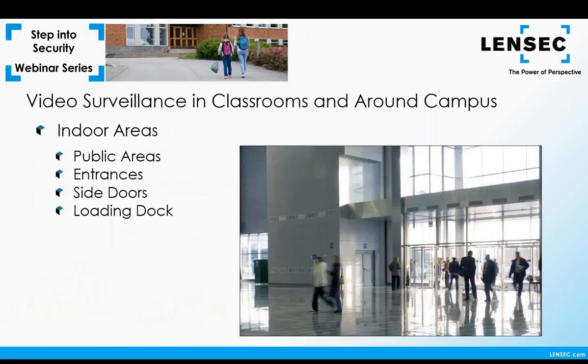Covering a campus for video security can be a challenge. Many decisions need to be addressed there. If you have indoor areas, they can present areas that can be difficult to cover. Public areas cover wide open spaces with many potential targets. You need to consider how you'll cover these targets and still keep a general overview of activity. You should consider placing cameras at entrance and exit points. You want to make sure that your cameras are providing enough resolution and clarity that help you identify faces. You may not need fine detail in these areas, but you want to be able to recognize faces and medium detail in the recorded image.